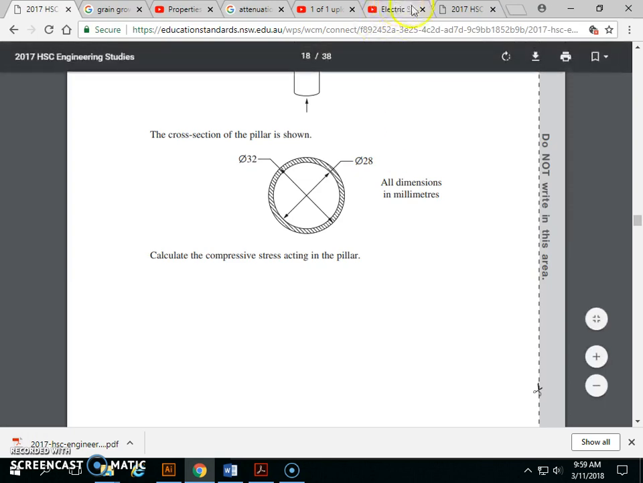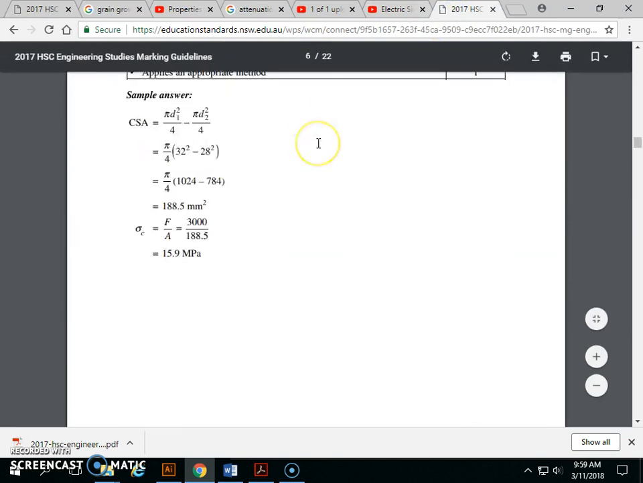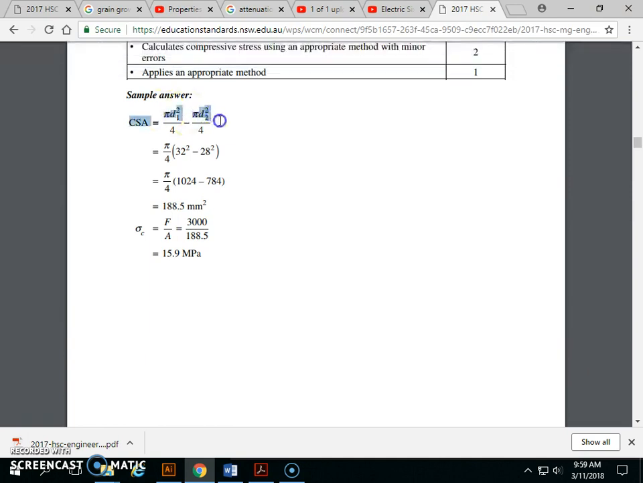Let's have a look over here. It's a hollow tube. I was thinking they might have used pi r squared, like some sort of lazy mathematician, but engineers use pi d squared on 4, which is exactly what they've done. They've done pi over 4, 32